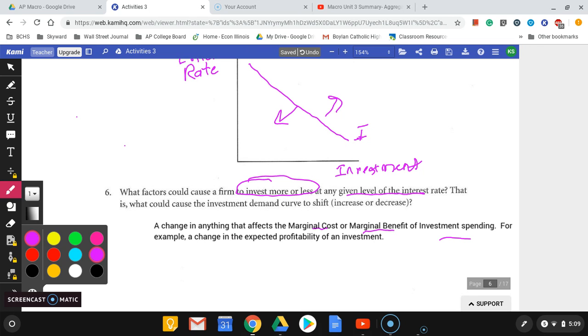So for an example, a change in the expected profitability of that investment. If there's a project out there that is viewed as something that's going to increase profitability, then investment spending would shift to the right. And then the opposite, anything that would be viewed as something that would decrease profitability